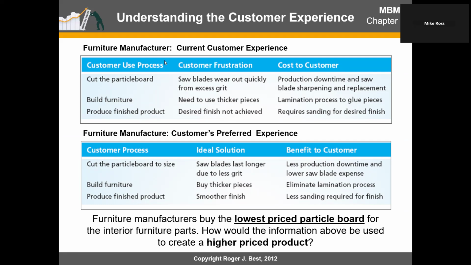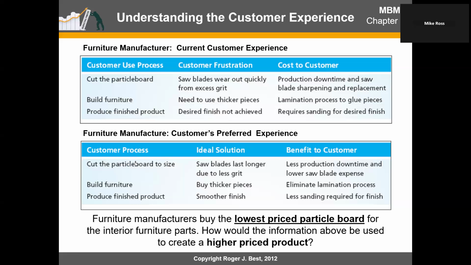Again, this is if you are a furniture manufacturer, so you're reviewing all the different elements for you to build a finished product. You could see in the current customer experience, there are certain costs that accrue to the customer. Again, if you're a furniture manufacturer, you've got downtime, you've got saw replacement, lamination process, sanding,